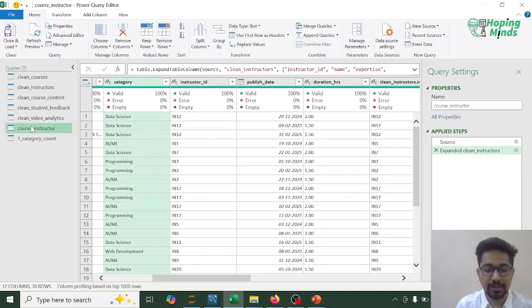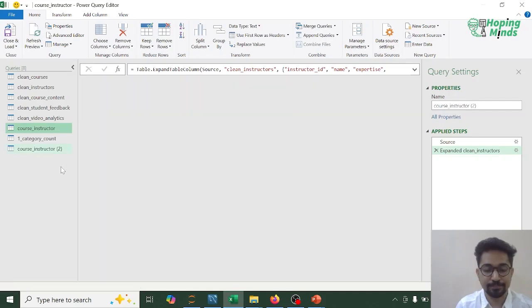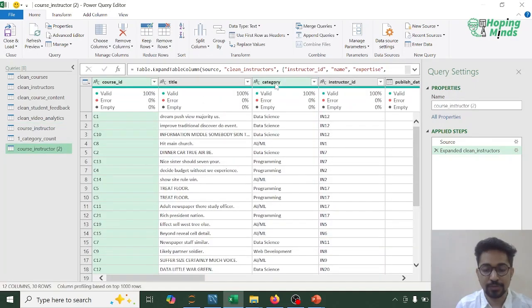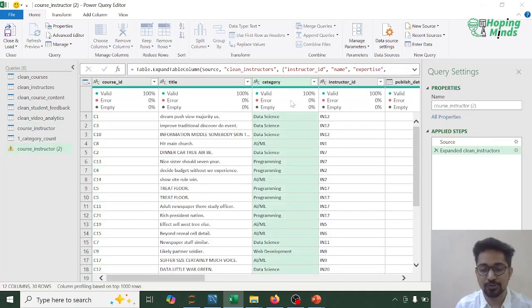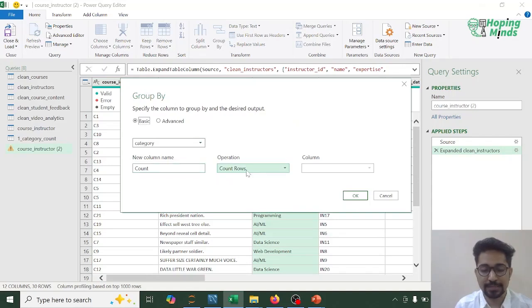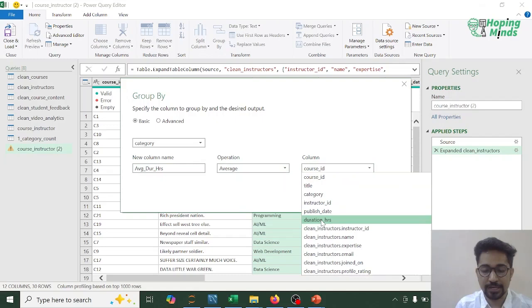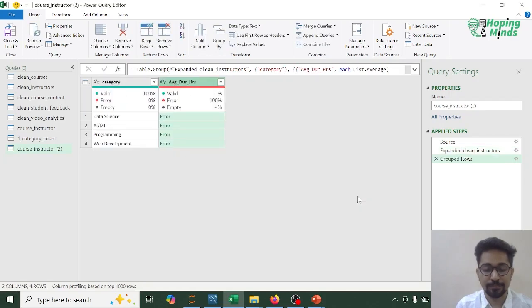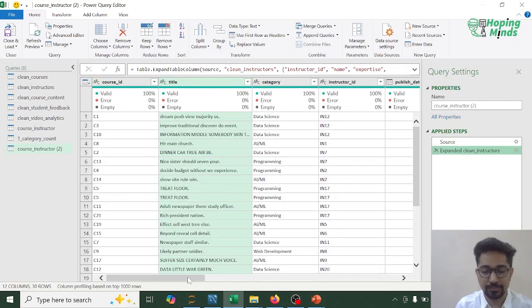First again, I'll be creating a duplicate, and then over here I'll be computing it category wise average duration in hours. So group by, this is going to be category, and the new column name would be average duration hours. So this is going to be average and based on the column duration in hours. So let's click on OK. So this is category wise average duration in hours. Okay, over here I'm getting some error. So let's see this. The duration in hours